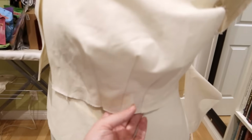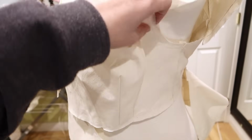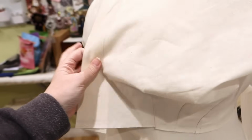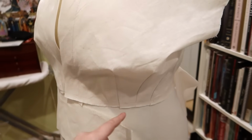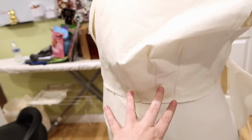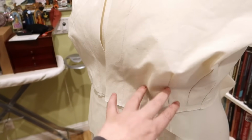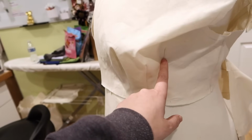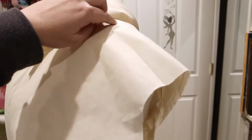Additionally, I haven't sewn it on because I think this is all weird over here. This is just too much stuff over here, even though my body's over there. And actually what I think is that all three of these darts should be moved more forward to be under the bust, not kind of on the side here. And as you can see,